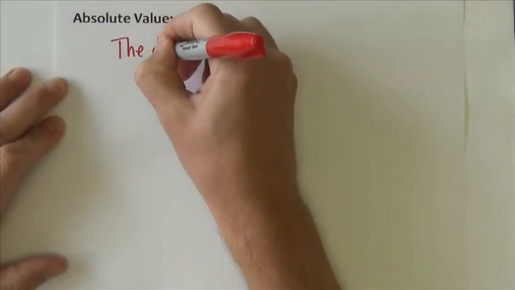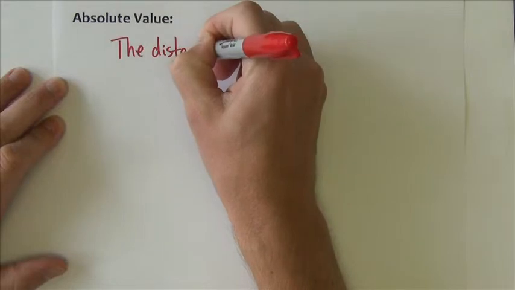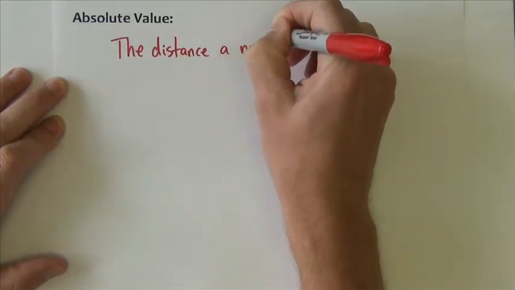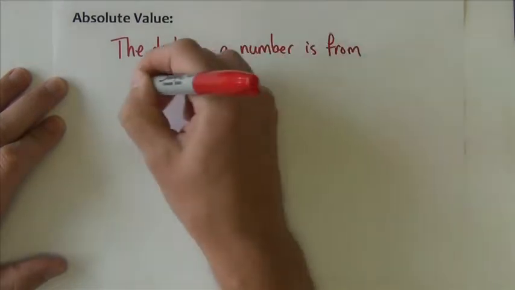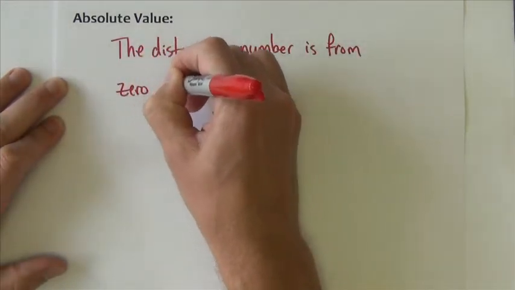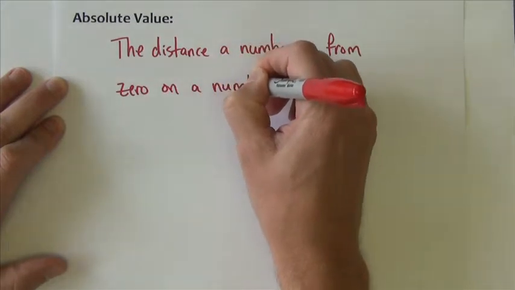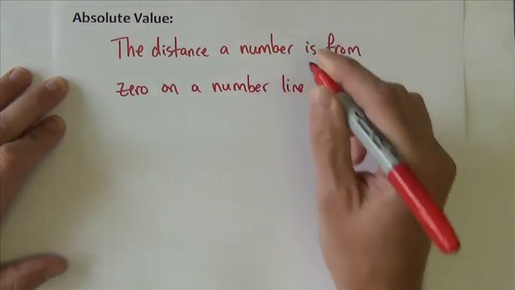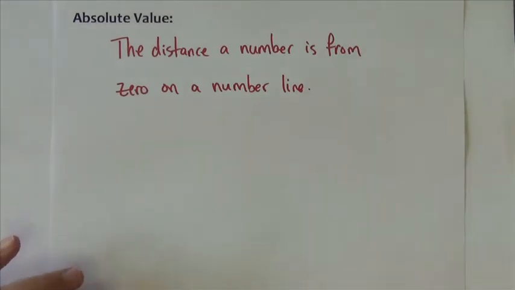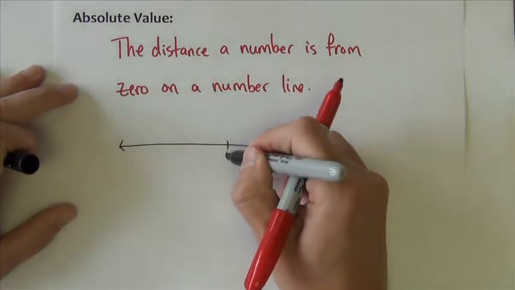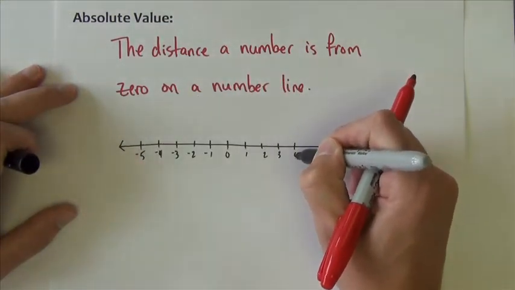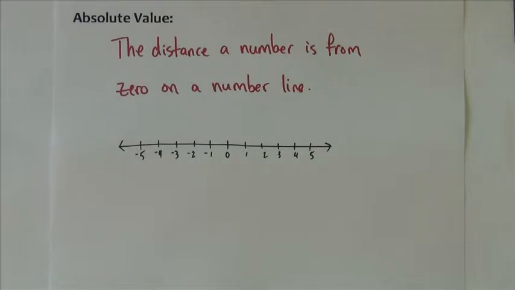Absolute value is the distance a number is from 0 on a number line. So if I were to, let's make a number line here. Okay, so if I want to know what is the absolute value of a number,